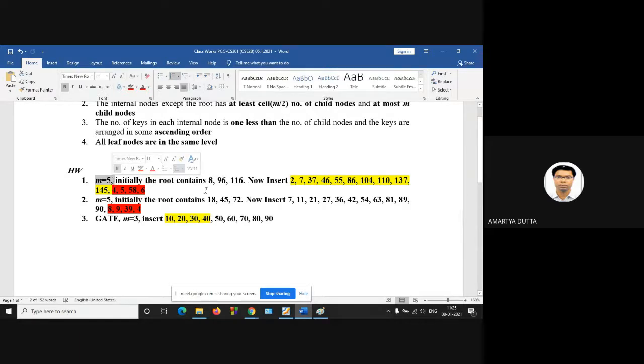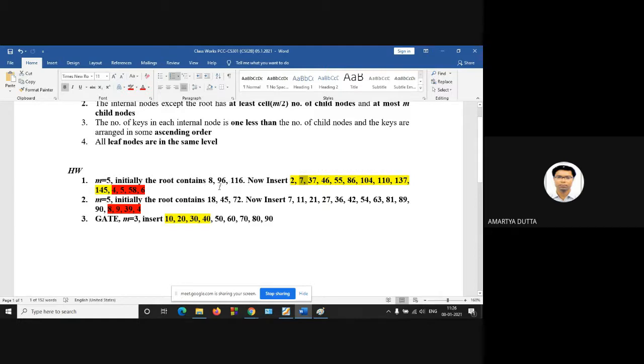Soham's basic question was that the root contains 8, 96, 116 and there will be one key left, because the order is 5, so the key count will be 4, so we can easily insert the 2 in the root. So 2, 8, 96, 116. Now we have to insert 7. Okay, now we have to insert 7. তাহলে কি হবে? 2